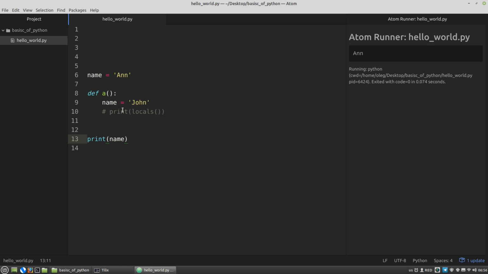That is, it seems it should be John. But no. The name variable has the n value because the second name variable, which is defined inside the a function, is in a different namespace, and all namespaces are apart and independent from each other.